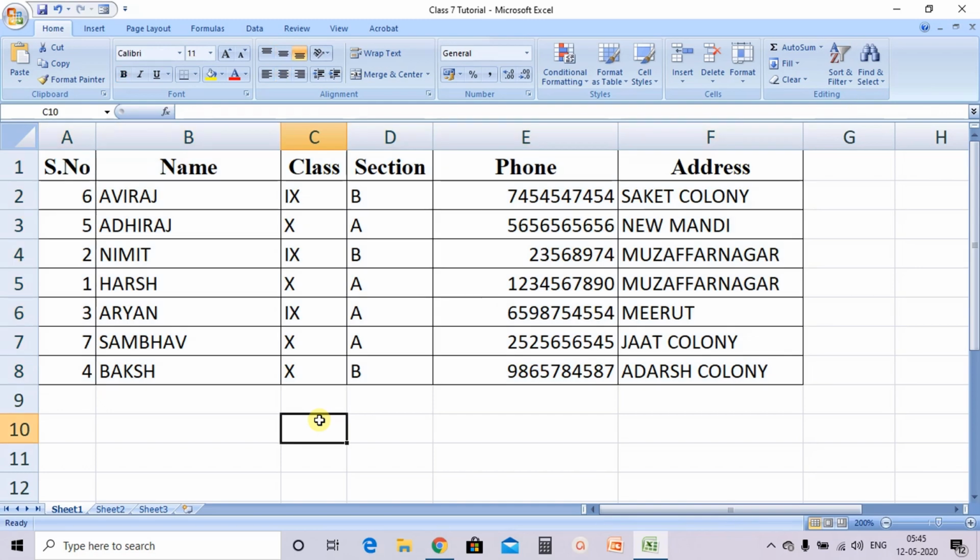See, now it will not ask you which option you want, whether to continue with the current selection or expand the selection, because this time we have selected the complete data.